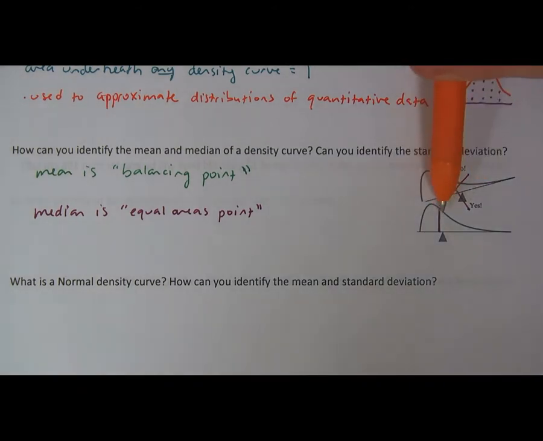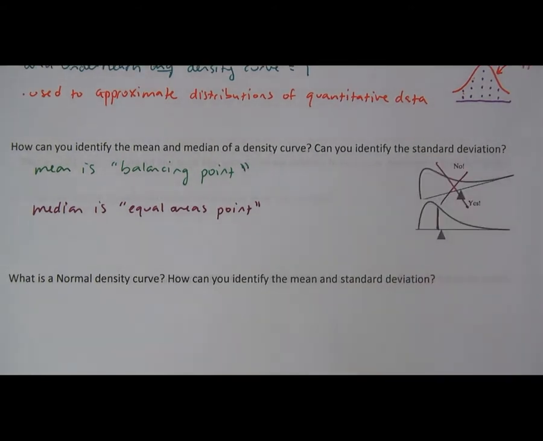So if you forgot, in a right skewed distribution, the median is always smaller than the mean. And the opposite is true for left skewed. And in symmetric, they're the same. All right. Can you identify the standard deviation? Not unless you know calculus. You would not be able to tell me an approximation of standard deviation unless